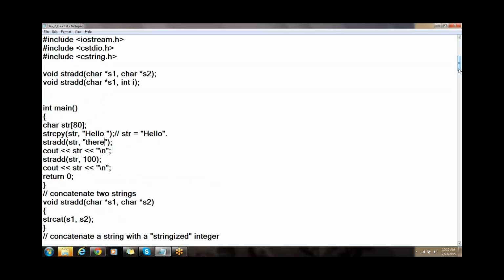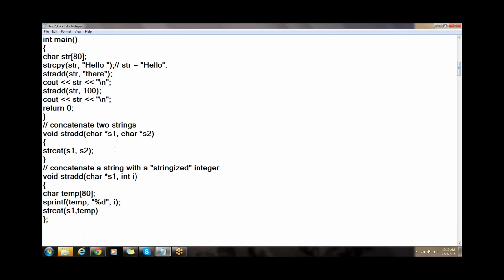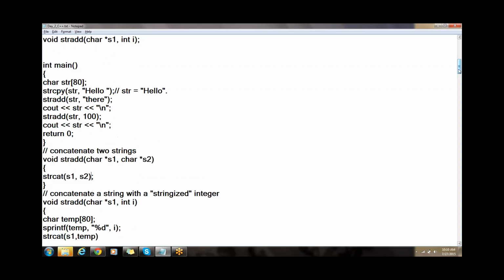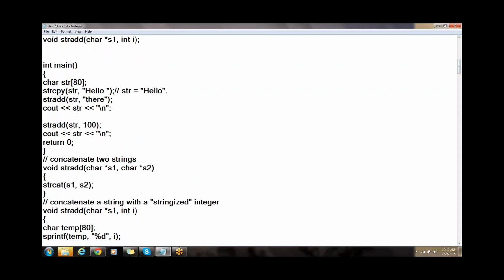So it will call this one, because both parameters are strings here, character star. Inside this, it is doing a string concatenation of s1 and s2. That's fine. Now, if you go down, it's printing over here the output we have in str. Now, if you go down, what it's trying to do,